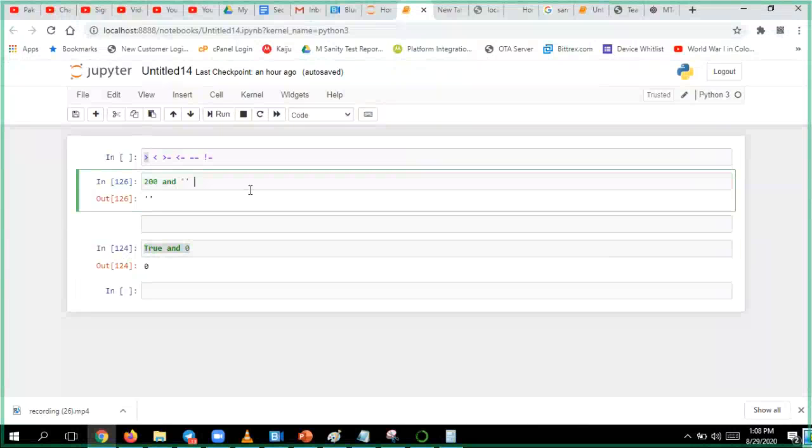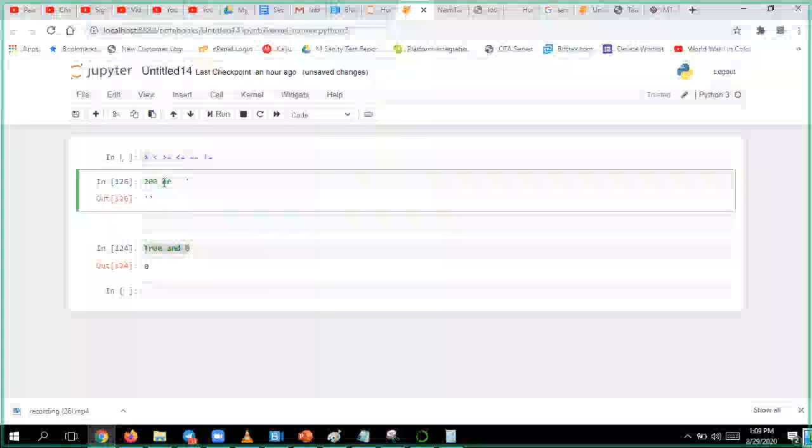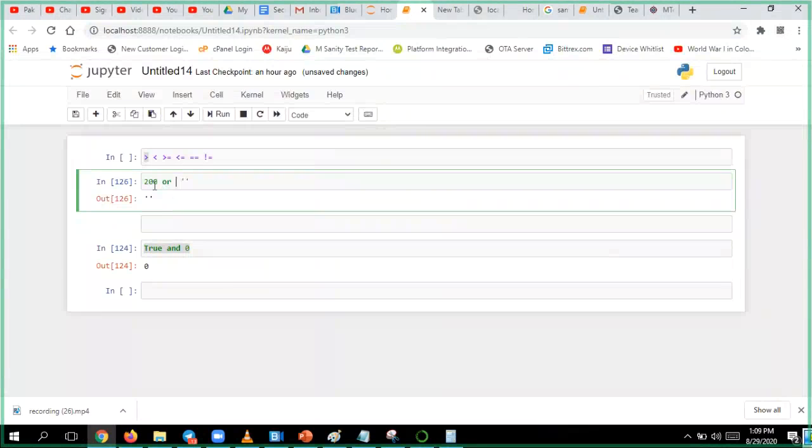So the same logic you apply to the OR operator as well. When is it going to evaluate as true? This is OR.